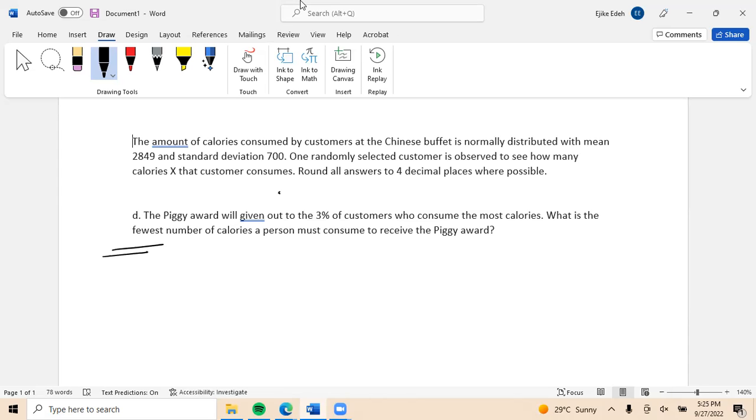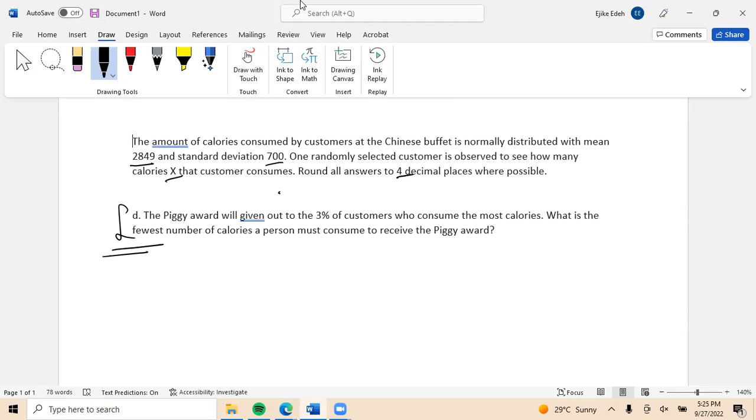Okay, so this question says that the amount of calories consumed by customers at a Chinese buffet is normally distributed with a mean of 2849 and a standard deviation of 700. Say one randomly selected customer. Okay, so we have all that. X is the random variable. We need our answer in 4 decimal places. And the question of interest is